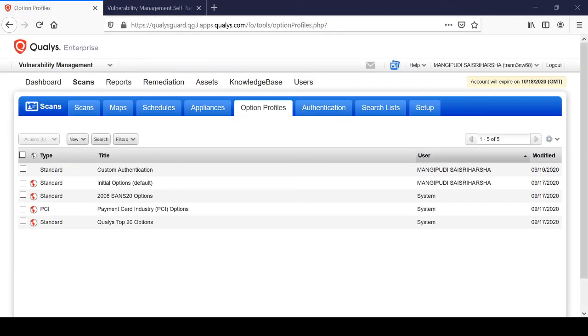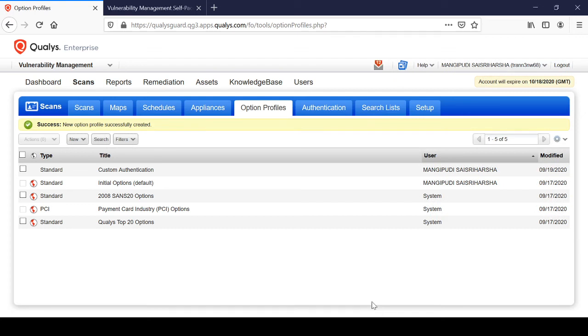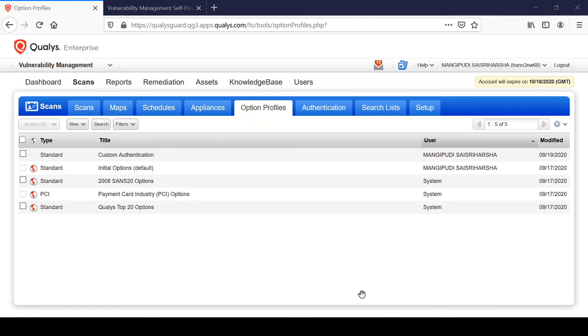Yes, we are done with the creation of the option profile. Now you can see here standard custom authentication. This is my option profile created, which will enable my authentication. Now I need to launch this authenticated scan, right? Launch this authenticated scan using the normal